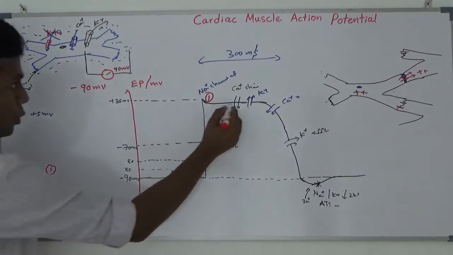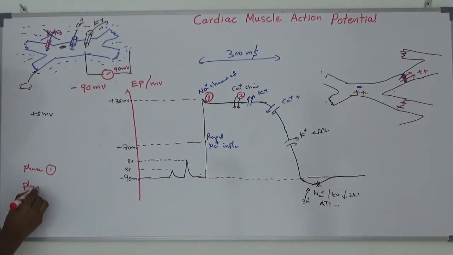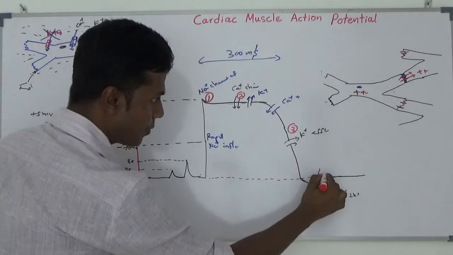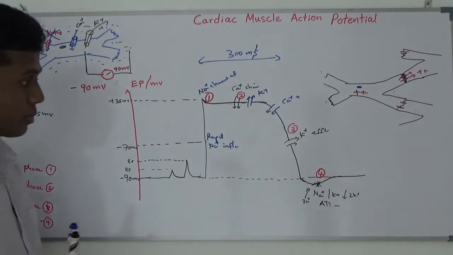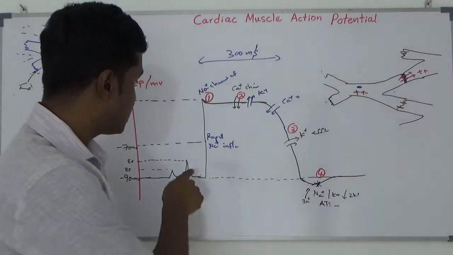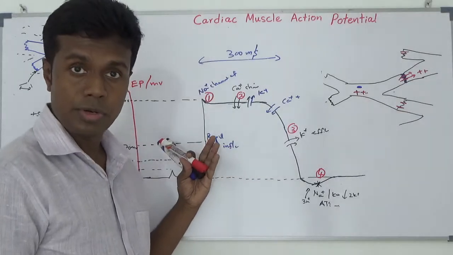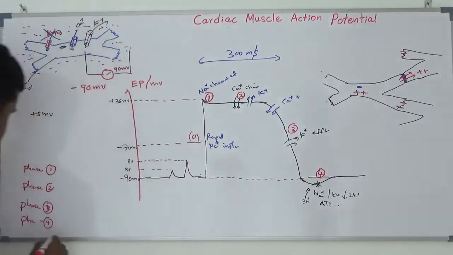After that, I am going to put phase 2 on this side. Phase 3 here, phase 4 here. Sorry, phase 3, phase 4. Unfortunately, I want to put a name for this area as well, but I understood later on. Because of that, I am going to put phase 0 here.